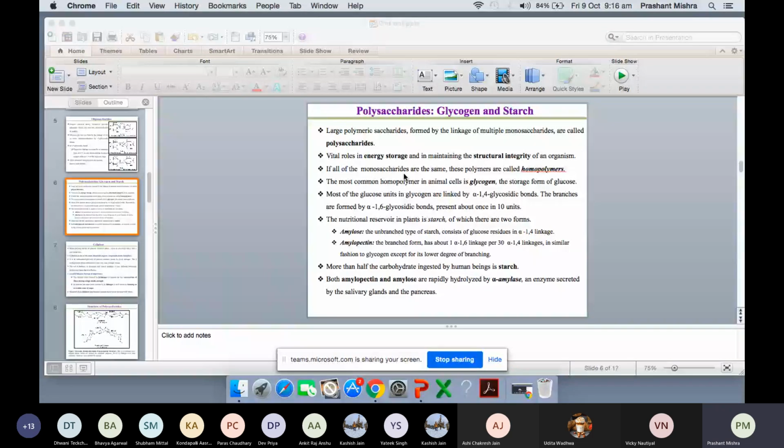Now you may have a question: what is the difference between glycogen and starch? Glycogen is a single type of molecule, a single type of chemical structure where you have a branched structure. Starch is